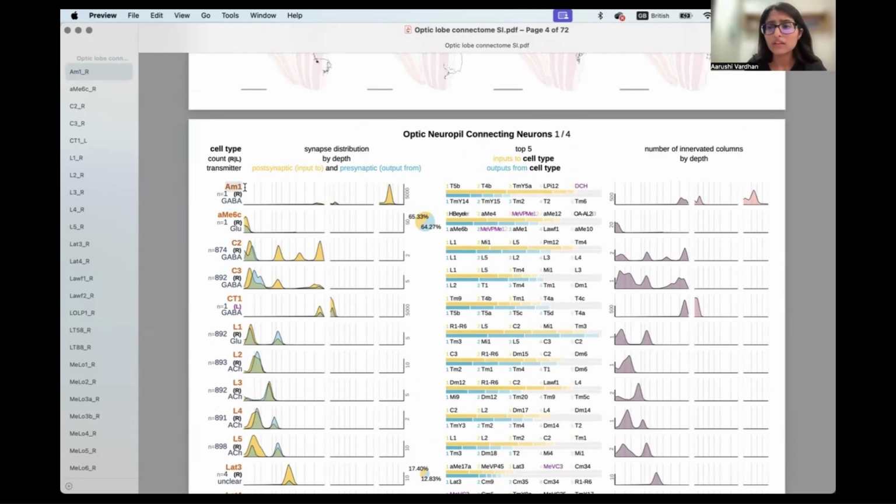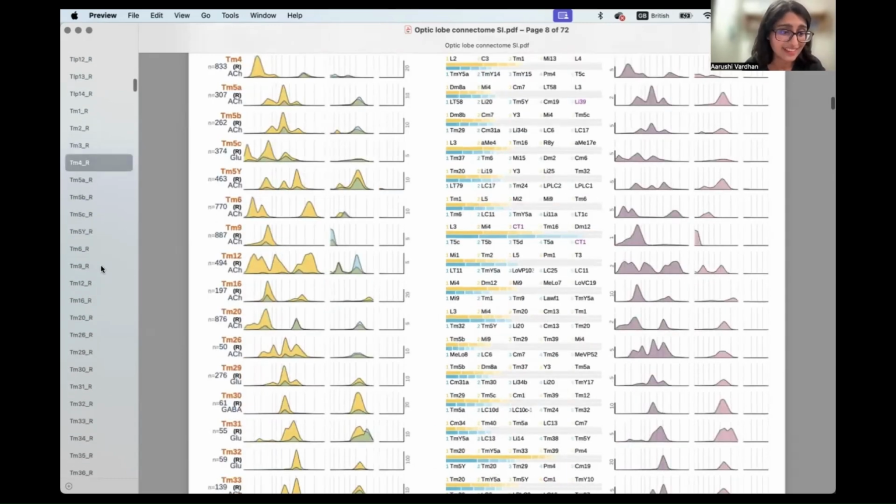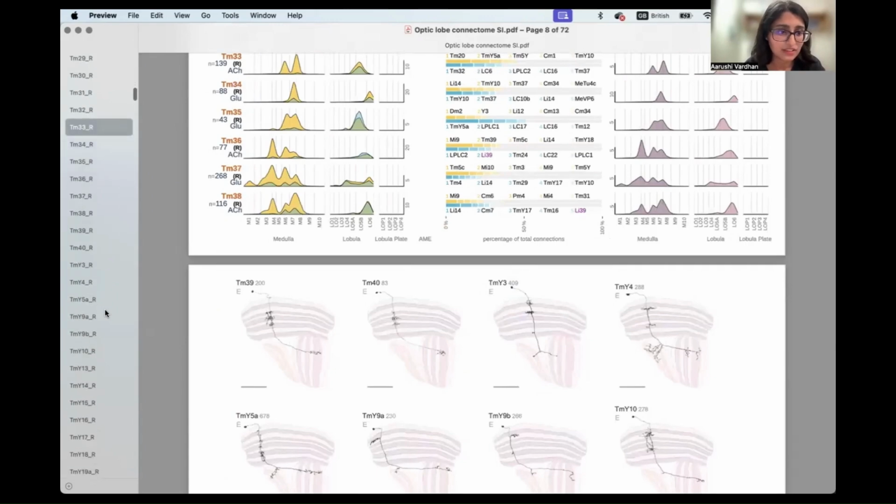For instance, AM1, there's only one in the right side, and this is the predicted neurotransmitter. So that is of relevance that you would need to know. So let's say I'm just neuron shopping once again, and I look,